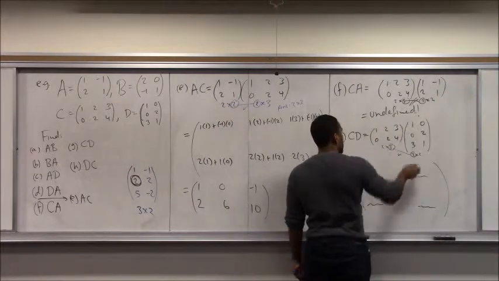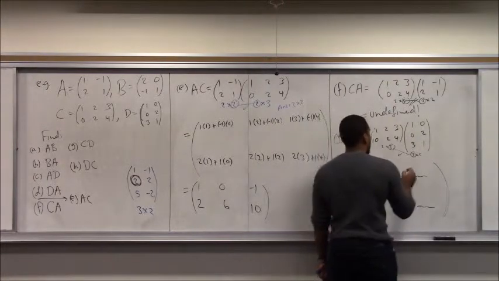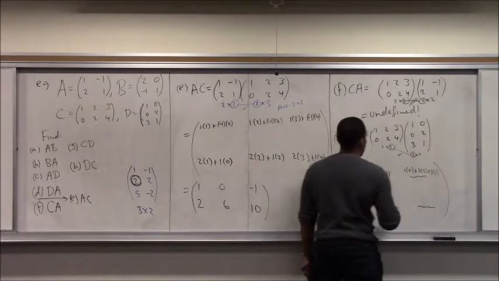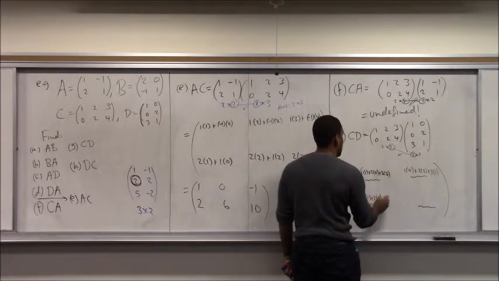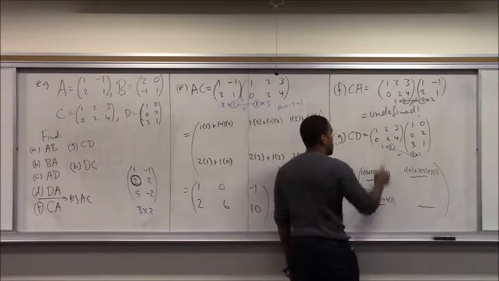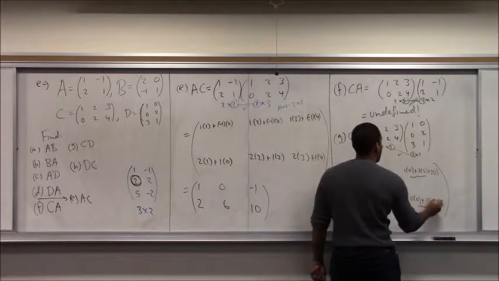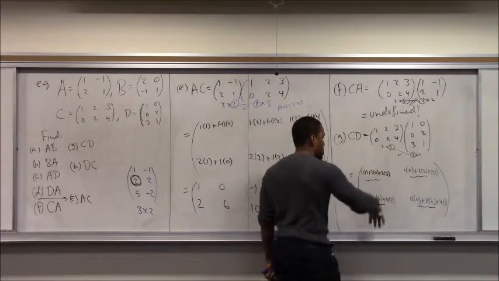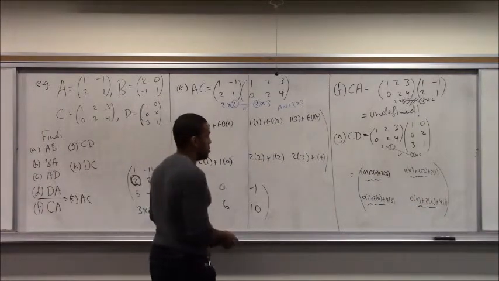Now, first row times first column, 1 times 1 plus 2 times 0 plus 3 times 3. First row times second column, 1 times 0 plus 2 times 2 plus 3 times 1. Second row times first column, 0 times 1 plus 2 times 0 plus 4 times 3. Second row times second column, 0 times 0 plus 2 times 2 plus 4 times 1. Notice that the number in my second parentheses is the same among columns, and it's the same among that. So that'll be that, and